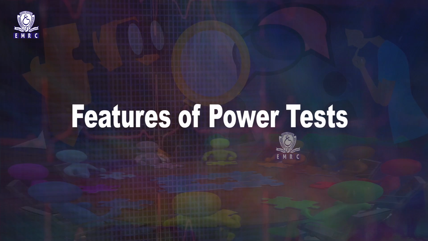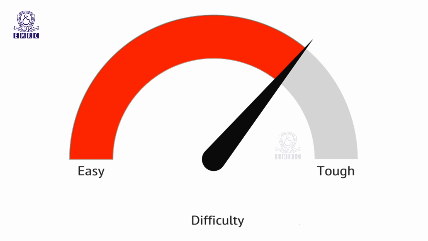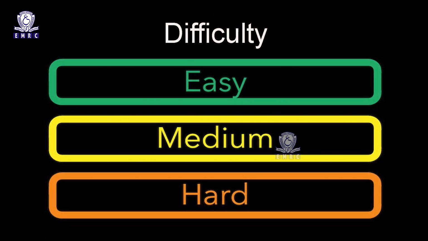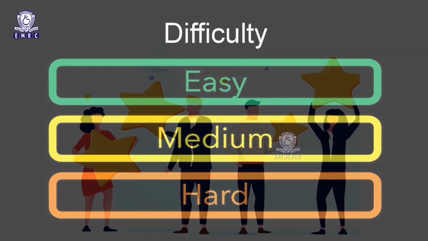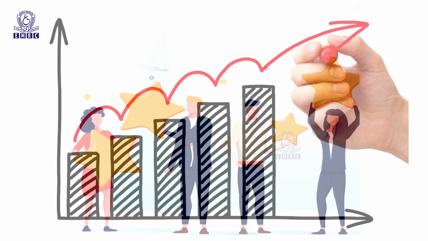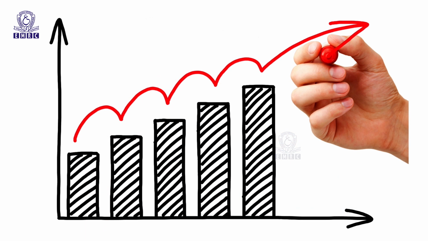Features of a power test. A power test contains items that vary in difficulty to the point that no subject is expected to get all the items right, even with unlimited time. In other words, the items in power tests are arranged in order of difficulty. The first item is very easy, the second is more difficult than the first one, the third is more difficult than the first two, and so on. A power test consists of graded items, each item presumed to be more difficult than its preceding one. That is, item difficulty generally increases and it increases gradually.